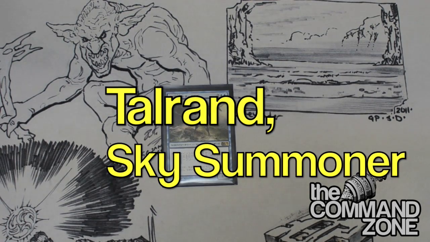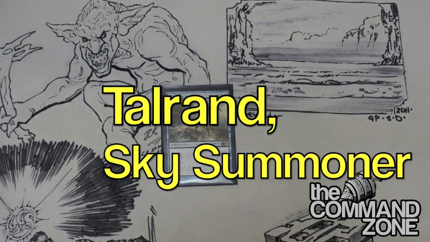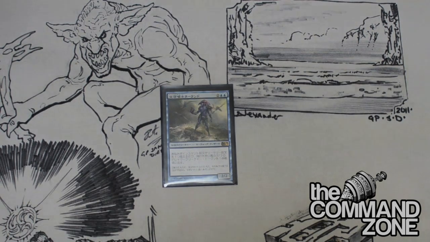Today we're going to look at Talrand, Sky Summoner. Talrand is 2 colorless, 2 blue. Legendary creature, right? He's a 2/2. And his rules text says, whenever you cast an instant or sorcery, put a 2/2 flying Drake into play, just